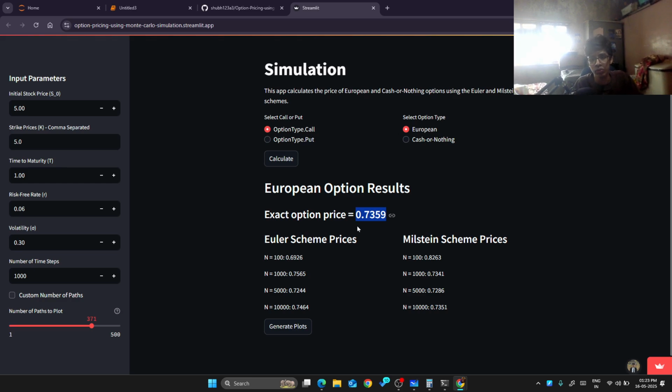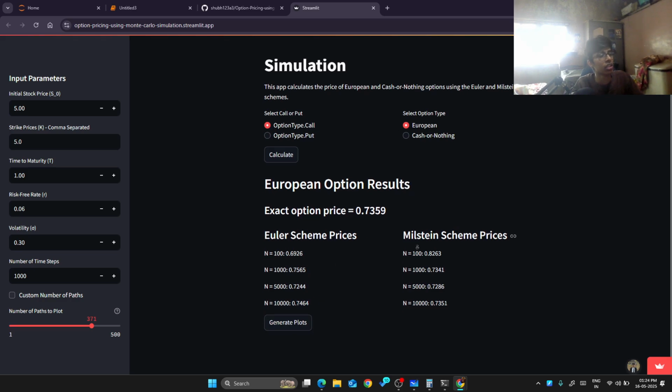This is the Black-Scholes formula, the exact solution we have. And there is a discretization scheme. I will not go into it, but Euler and Milstein are discretization schemes. For n equal to 1000, you can see that the option price is almost similar, and the convergence of it